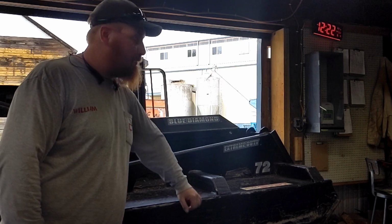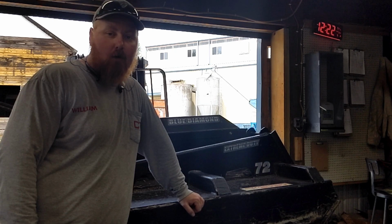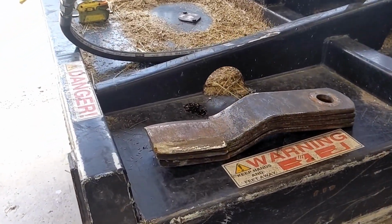On the Blue Diamond Extreme Duty 72-inch brush cutter. We're going to bring you guys along. Hope you enjoy. I already have the machine raised up on the fork extensions, as you can see, and I